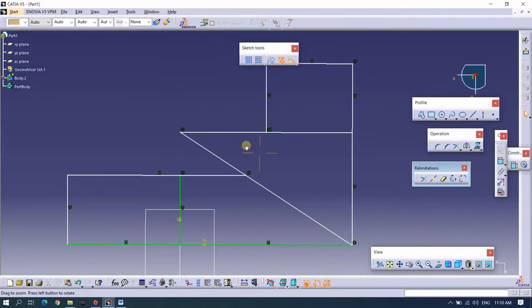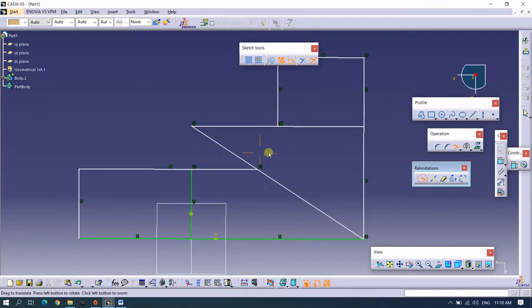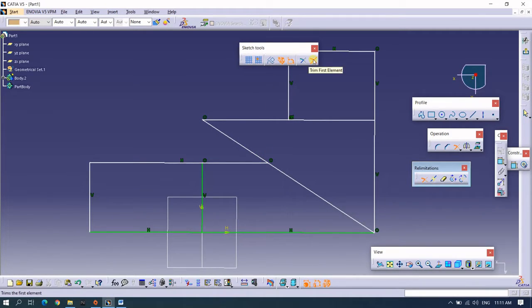I will show you one more demo. So in trim, I have selected the second, trim first element. I will select the diagonal element as my first element and the second as the horizontal line.